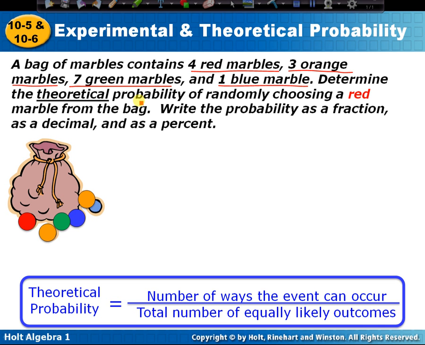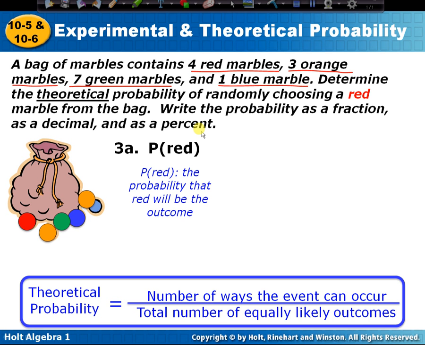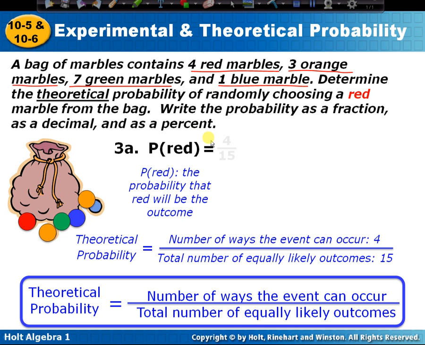The question says to determine the theoretical probability of randomly choosing a red marble from the bag. Write the probability as a fraction, as a decimal, and as a percent. All right, so we want to know what the probability is of us randomly choosing a red marble. There are 4 red marbles. We have to determine first how many marbles there are total in the bag. So we have to add our 4, 3, 7, and 1. And that's going to tell us that there are 15 marbles in the bag, and there are 4 red marbles,